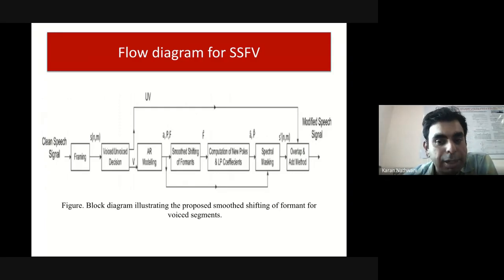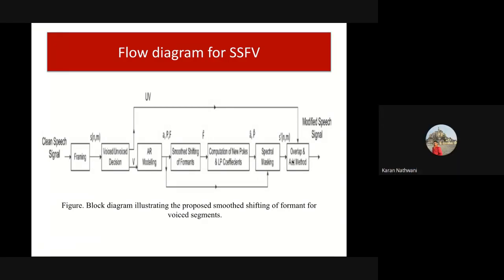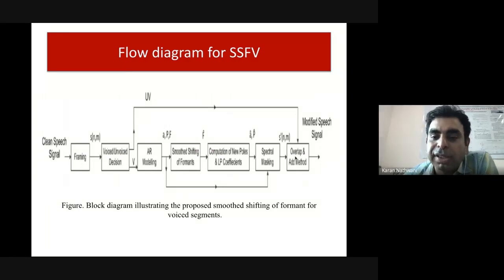And the reason is quite clear, because if you do the direct synthesis, then you will end up with artifacts like, as I told you, ka, u, ka. Like these sounds will always be there in the synthesis. You don't want that, because it is quite irritating for normal listeners, and for the hearing impaired it is more difficult to understand. So we have to be careful to remove the artifacts generated by the shifting of the formants. Then we do the same overlap and add, the traditional method, to synthesize our speech, that is